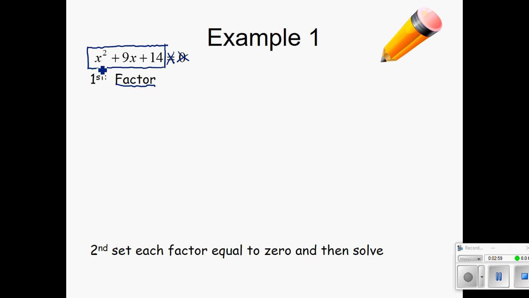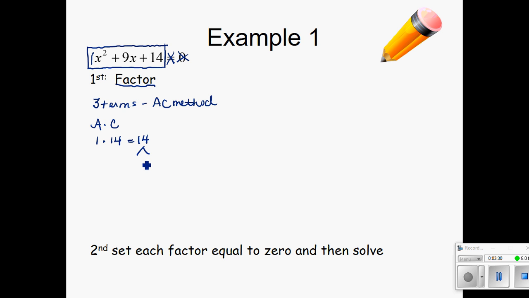Then I see that I have 3 terms. If I have 3 terms, I use the AC method. Now the AC method says you take A times C. A is 1 and C is 14. 1 times 14, well, that would be 14. Now we are going to be looking for 2 factors of 14 that add up to be